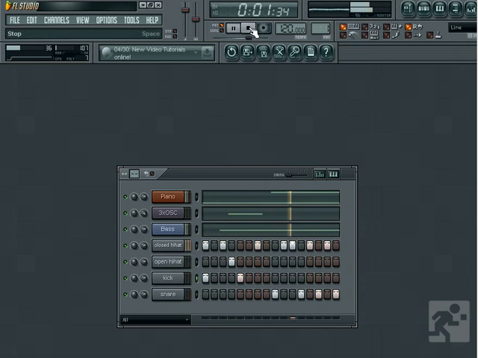You'll also notice that as you hover over the peak meter, the cursor turns into a crosshair and the hint bar displays decibel information. Next, we have the CPU meter. This shows a graphical representation of how much CPU is being used, how much RAM is being used, and how many notes are being played at one time. The CPU meter reads as a graph, scrolling from right to left, and will turn red as you approach your